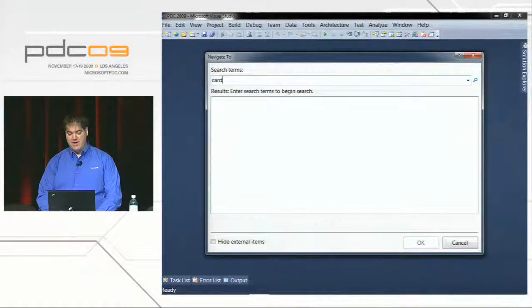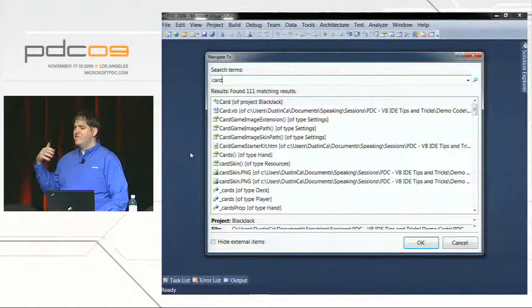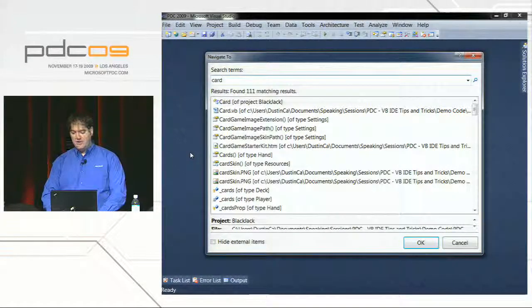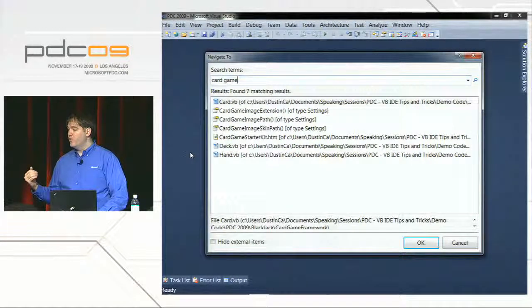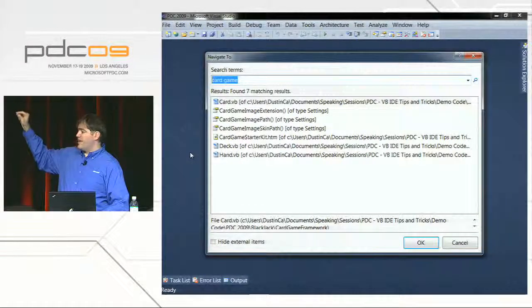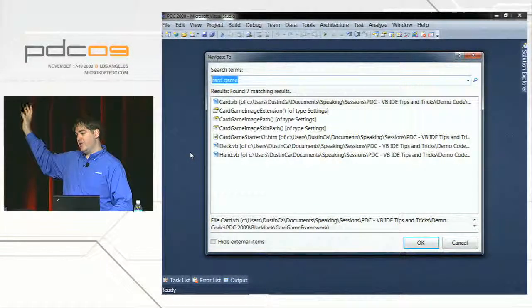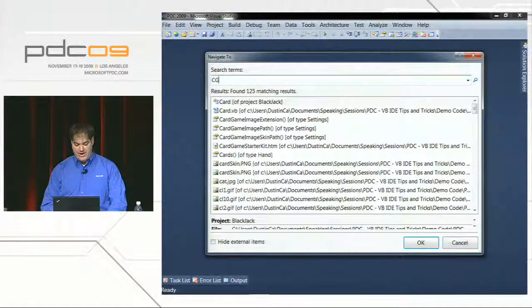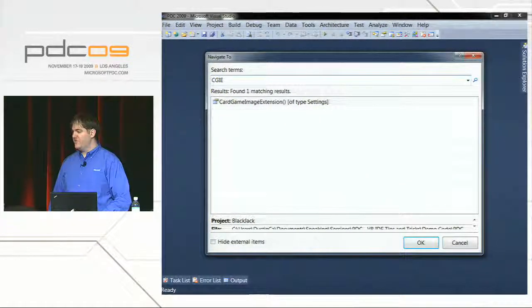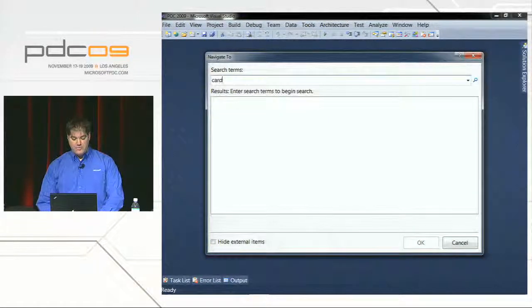And I can just start typing here. Okay, and it immediately fills up with symbols and files for my current solution. And if I want to keep on filtering that, I could put a space and add another word. I could even do some interesting things like if I was a power user and I knew exactly what I was looking for, I could type the first capital letter in each part of the Pascal cased words there. I could say like game, card game, image, extension like that, and I can match using the capital letters in the word as well. So we're going to go to the card,